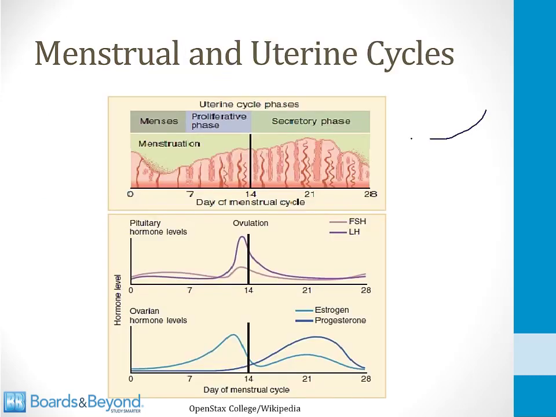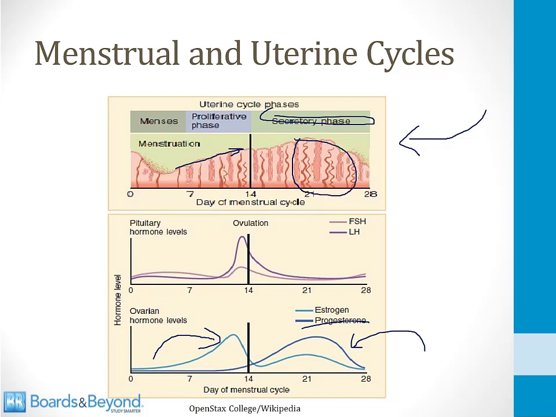On this slide, I've shown the uterine cycle on top along with the hormonal changes on the bottom. During the follicular phase of the menstrual cycle, as the estrogen level is climbing, the endometrium is increasing in thickness. This is called the proliferative phase. After ovulation, progesterone levels are high, as shown in this picture down at the bottom. During this phase of the menstrual cycle, the uterus has entered the secretory phase. The endometrium is not increasing in size, but you can see the development of the spiral arteries as indicated by